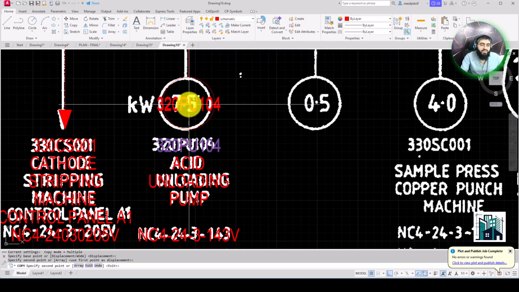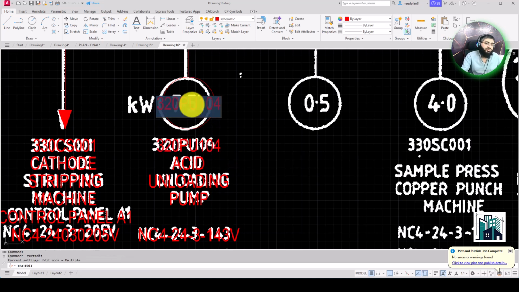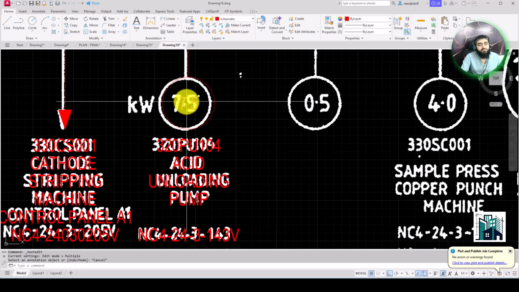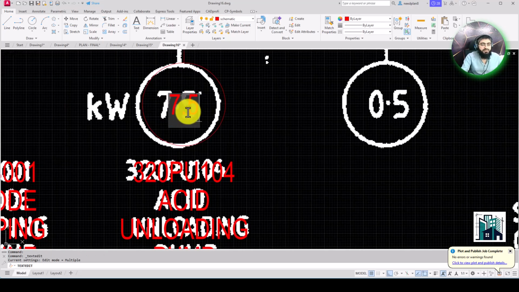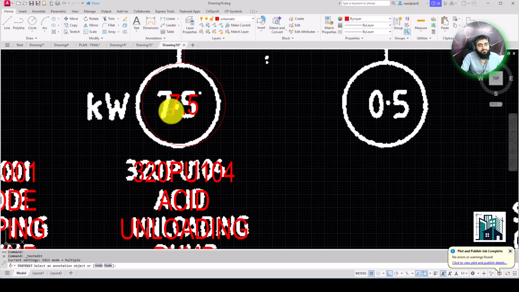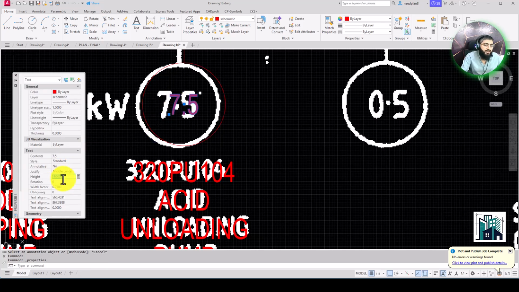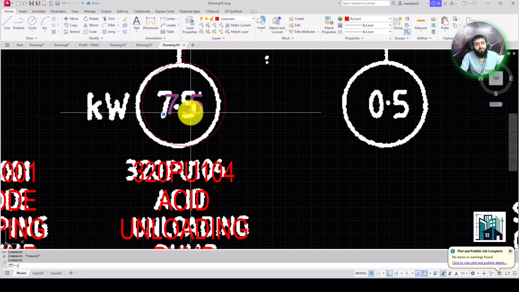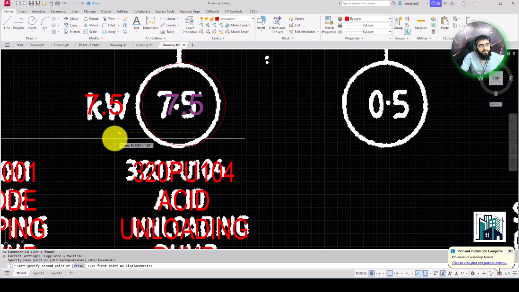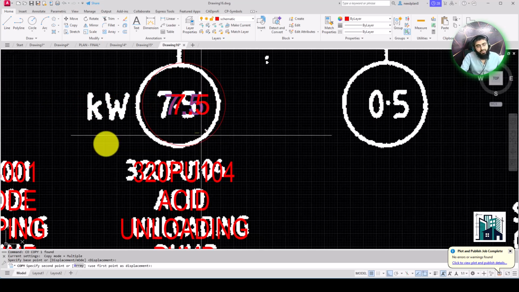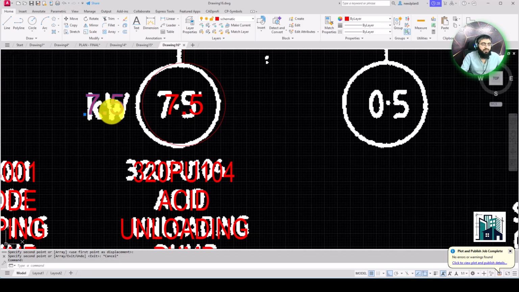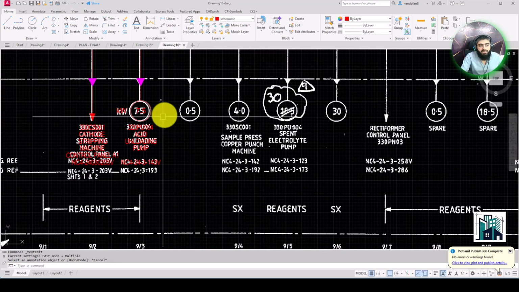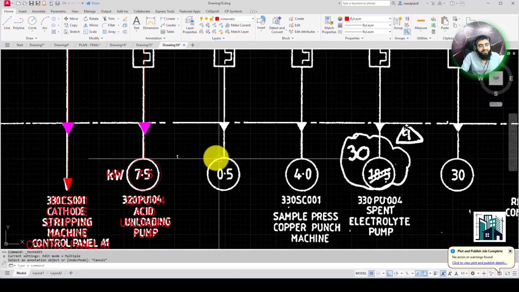So you just have to select this and then change that text into what we have. This one is 7.5. The width we can change to 1 like this and then move this text here. Copy this text from here to here and then give the text like this. So we have created this one.